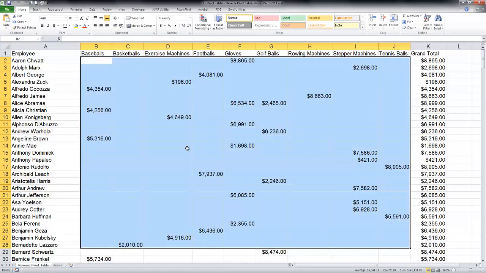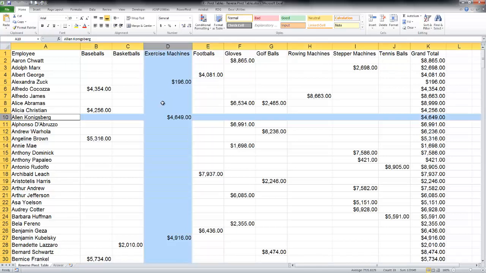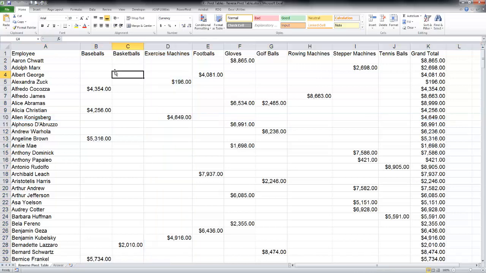such as the sales. So the idea with the crosstab is you say, oh, I want to take a particular column of information like exercise machines. I also want to take a particular row like Alan, and I want to find out what the sale for Alan's exercise machines are. Now this structure is all fine and dandy, but what if you wanted to create other